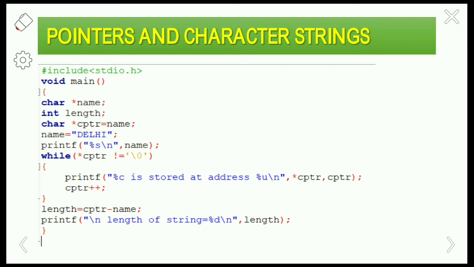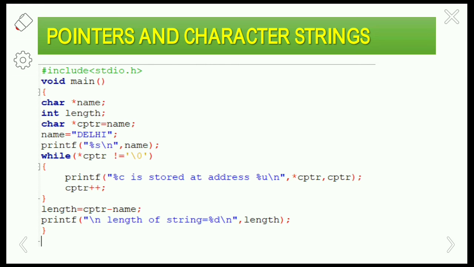Now let us see an example regarding pointers and character strings. In this program I want to print the length of the string and each and every character stored at a particular address location.